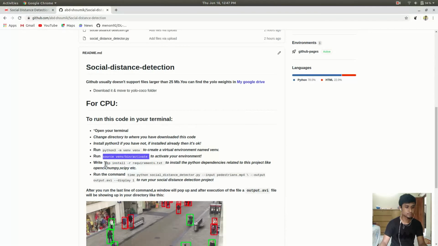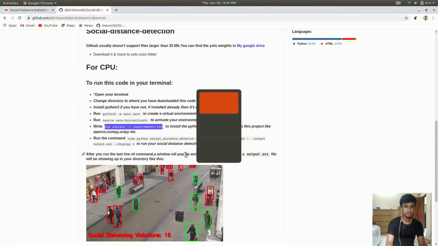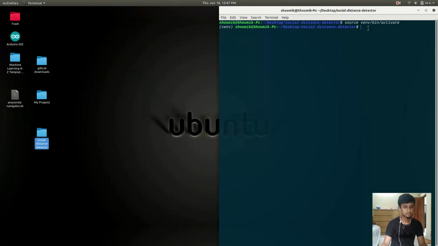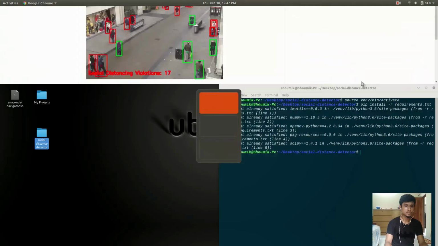And then you should install the Python dependencies for this project, which are stored in this file, in your terminal. I have all my dependencies already installed, so it is showing me this message, but in your case the dependencies will be installed. And after the installation, we are almost done.